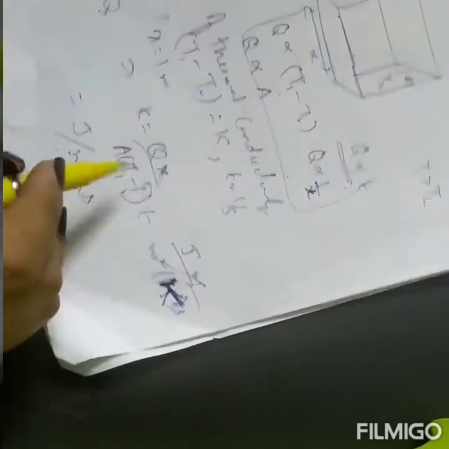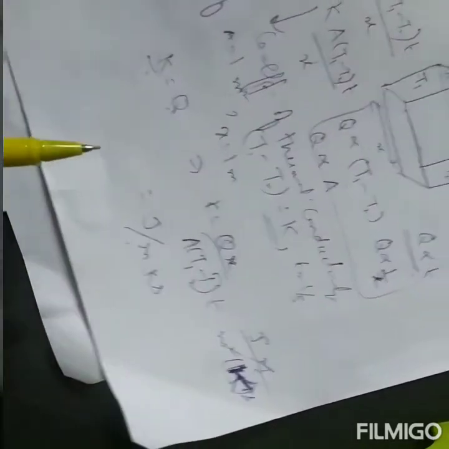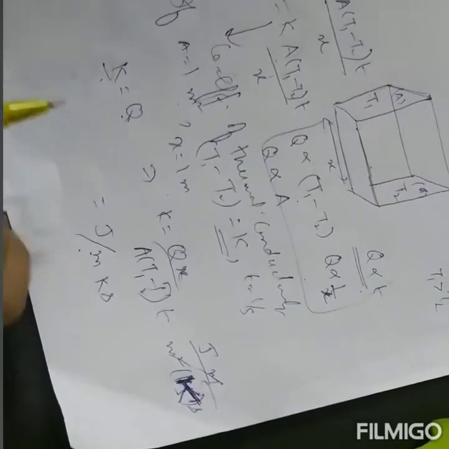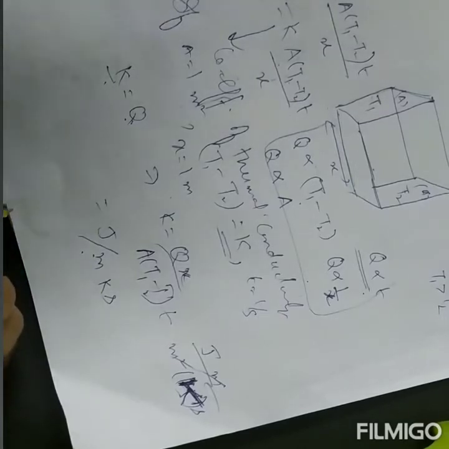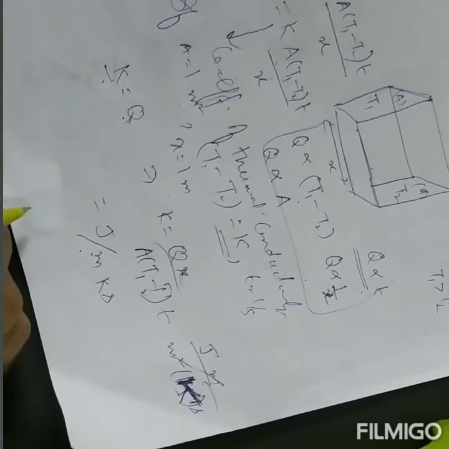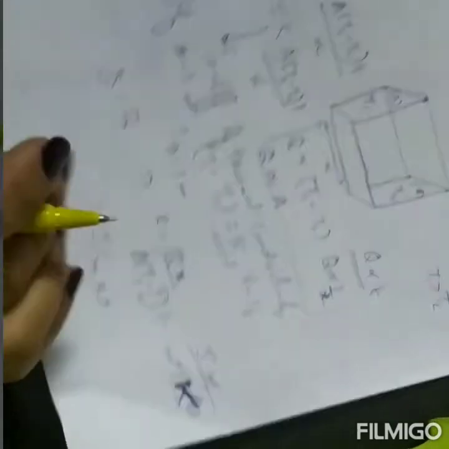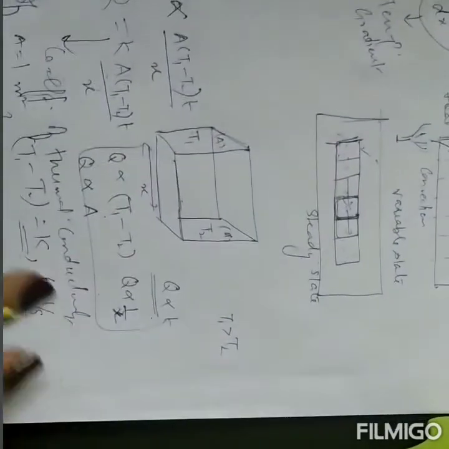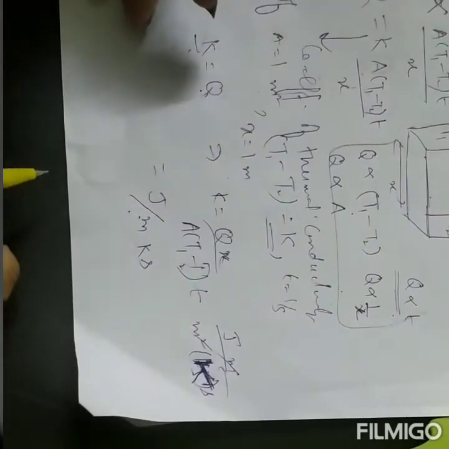Okay, so this is all about thermal conductivity. Now what is the importance of thermal conductivity, where is it used? Basically, in winters, when you touch a metal handle, it appears cold to you. The reason being, your body is at high temperature. When you touch that metal handle, the energy from your body will transfer to that metal handle. That is why it appears cold to you as compared to a wooden handle. Why does wood not appear cold? Because wood is an insulator of heat. It will not get any heat from your body.